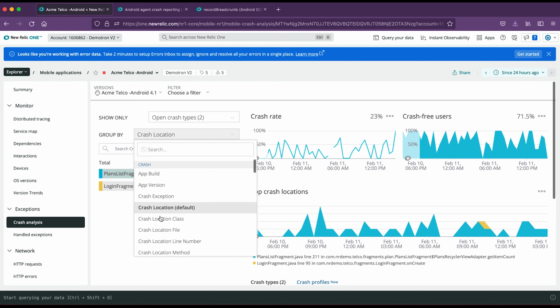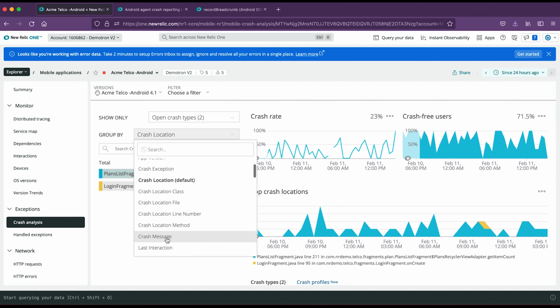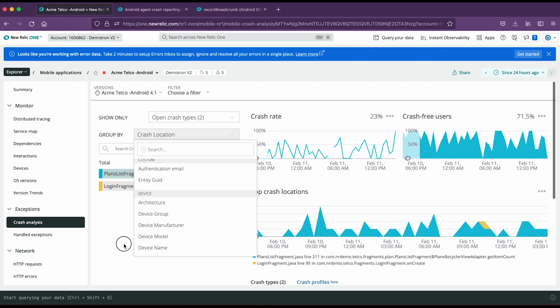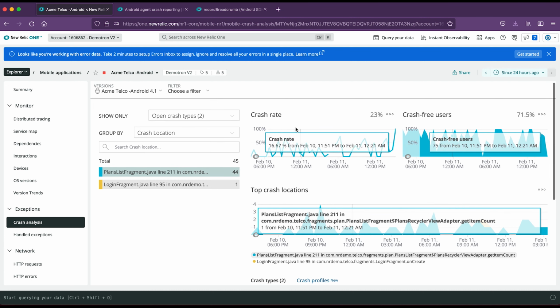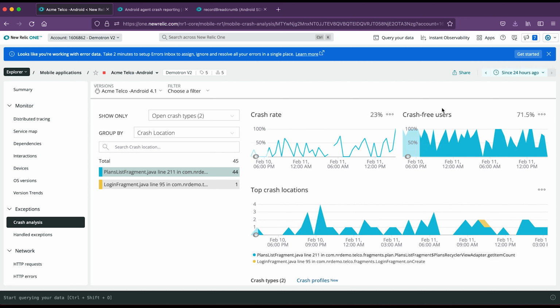If we want, we can also group the crashes by some other attribute that has been reported to New Relic, like last interaction or device attributes as well. On the right-hand side, we can see the crash rate and crash-free users to understand the impact of the crash in this version.